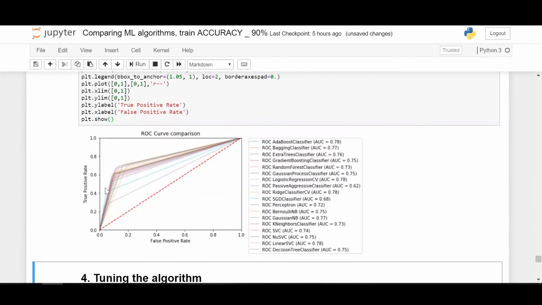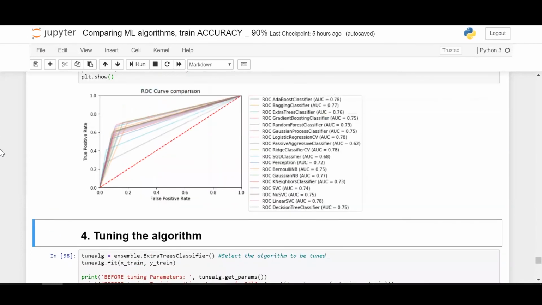So there's no need to look into this and then make a judgment, because it will most probably give a bad result. So this color is somewhere mixed between these values. So an algorithm with an AUC of this one is not the one to be chosen, because it tends to the x-axis. If you notice the algorithm which tends closest to the x-axis and farthest from the y-axis, it is this one, the gray colored one, right? And correctly it has been placed down here at a value of 0.75.